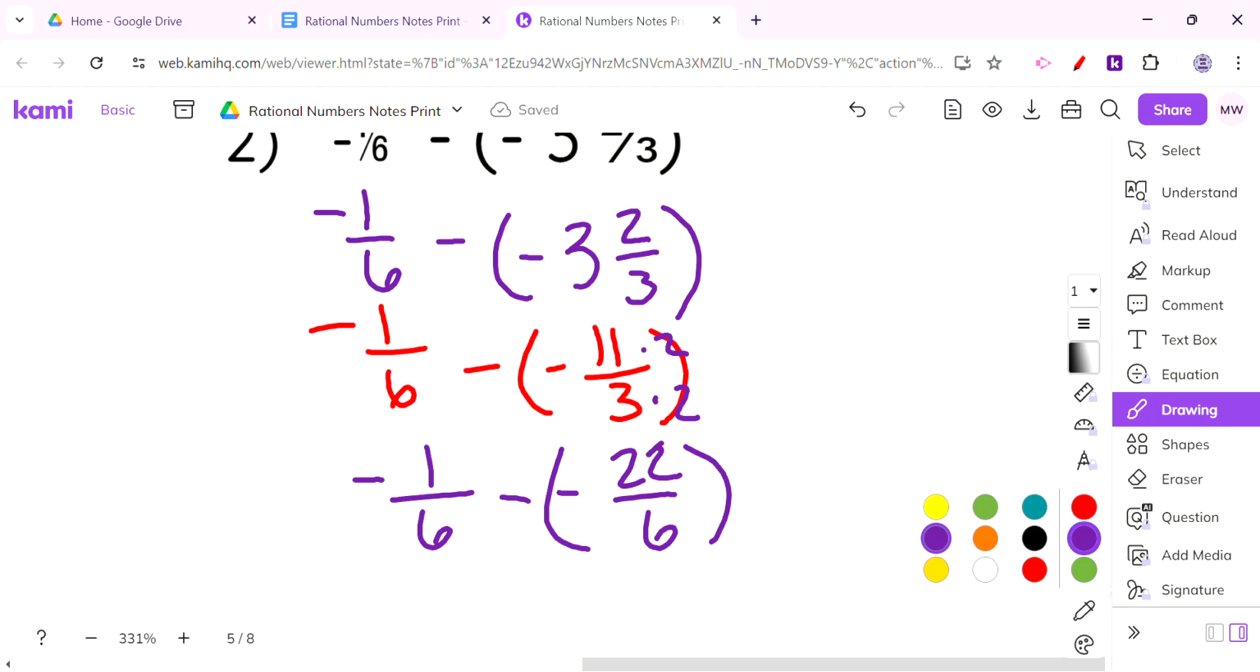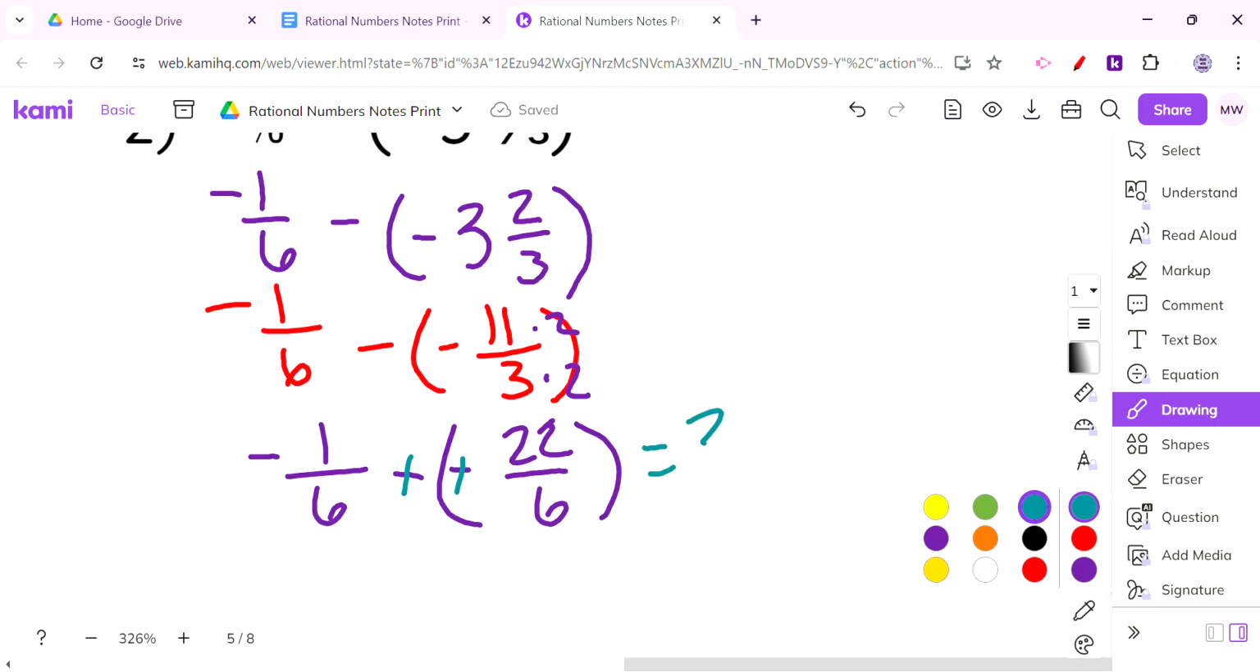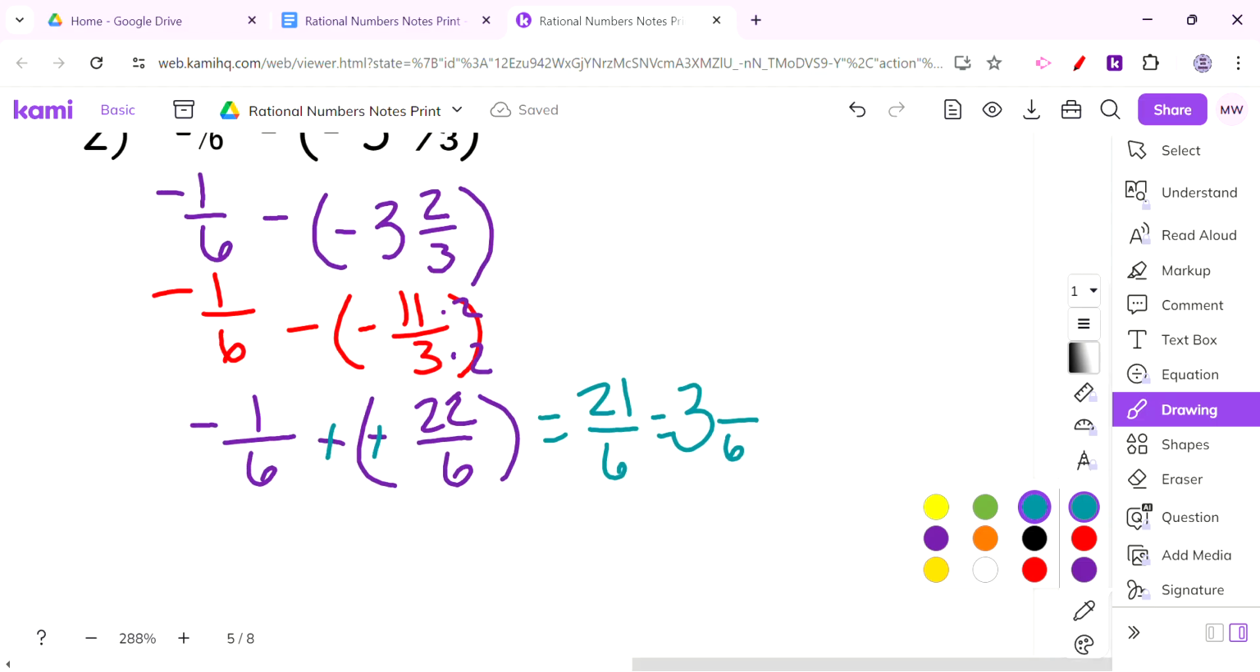Okay, now we are going to do keep, change, change, or keep it, switch, switch. And now negative 1 plus 22 gets us 21/6. All right, when you divide 21 divided by 6, 6 goes into 21 3 times, so 6 times 3 is 18, and then 21 minus 18 gets you 3. So this is actually 3 1/2,